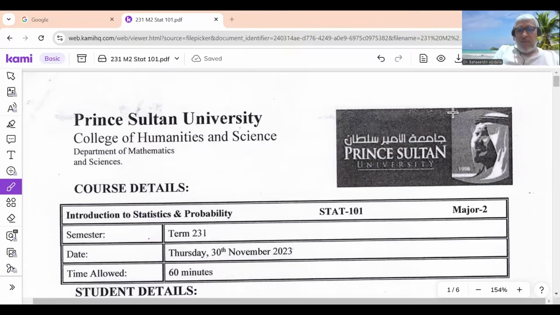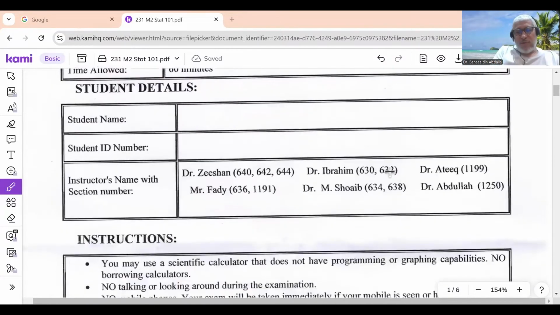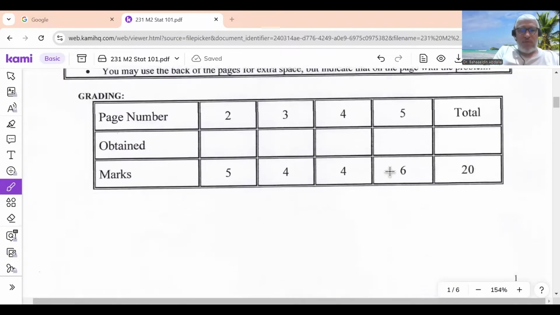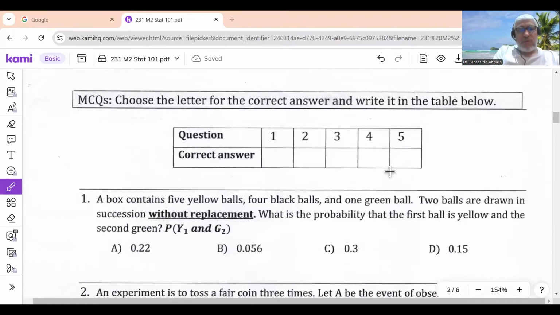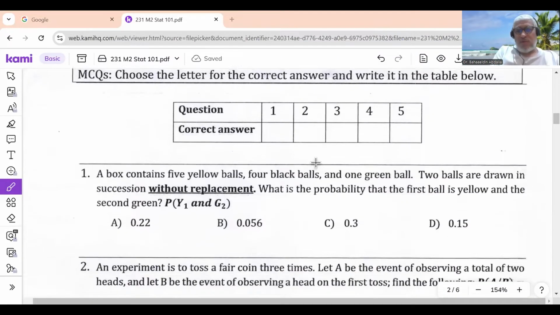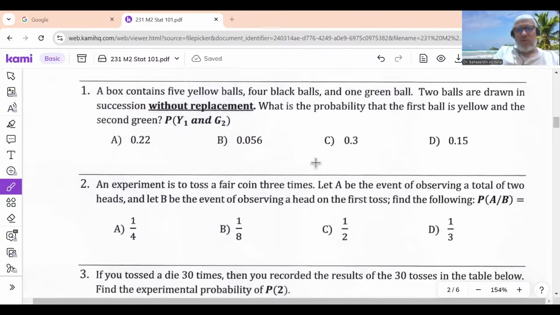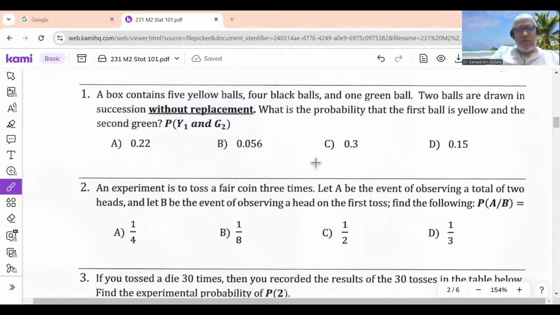This is Stat 101, Major 2, Term 231. Let us have a look at the exam and solve it together. The first part, multiple choice questions. First question, a box contains 5 yellow balls,